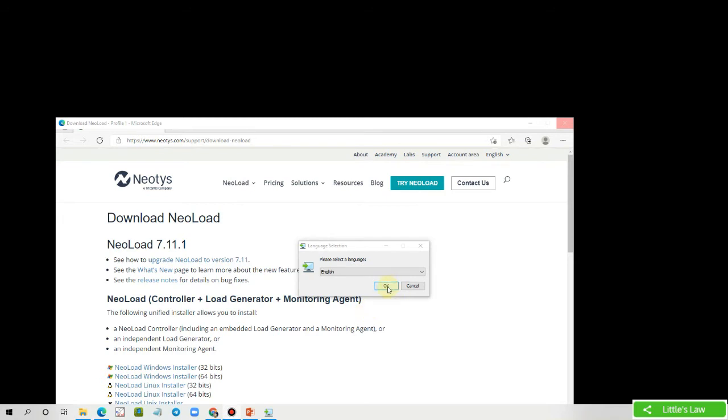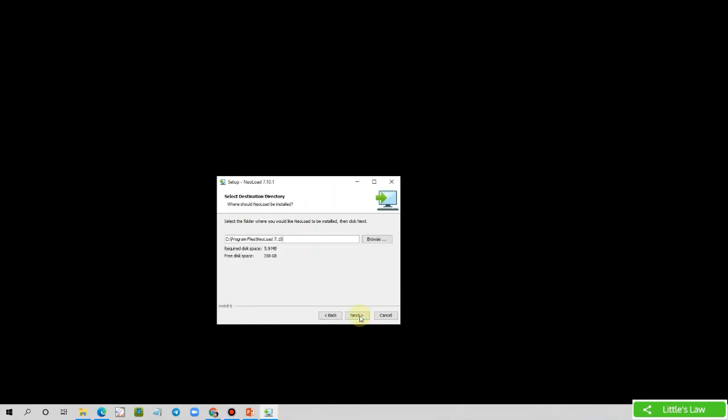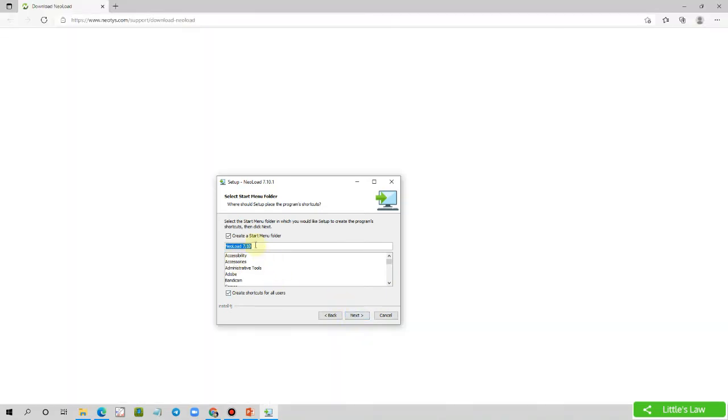I'm selecting the language as English and clicking OK. And now clicking on next. Next. And then, since it is 7.10.1, I'm giving the name and clicking on next.